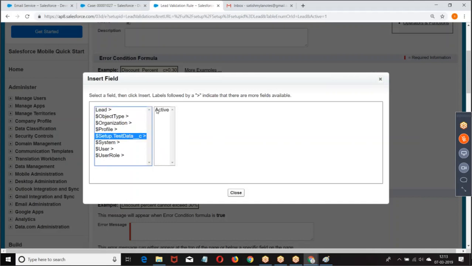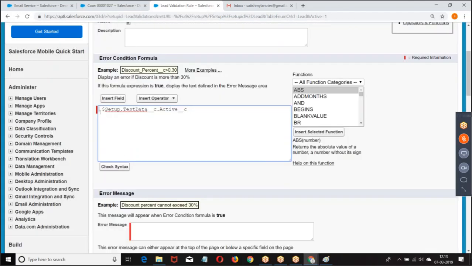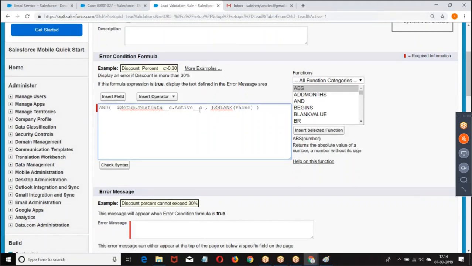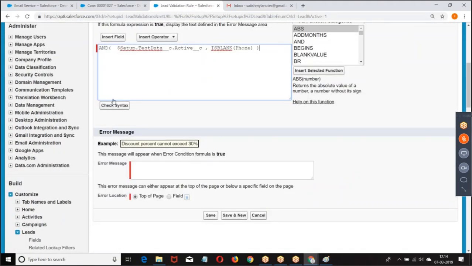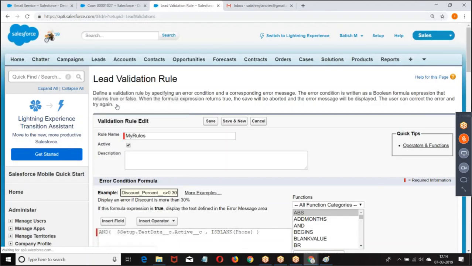Test data. If it is active and phone is blank, then throw an error message.